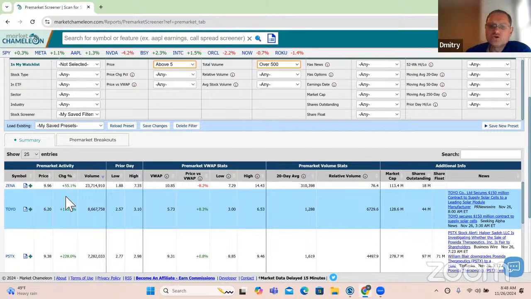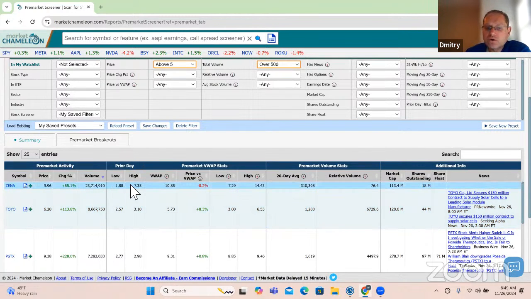Next to it, you have the low and high price the prior day. This gives us an indication of what price range the stock traded the day before relative to where it's trading today. Did it break out of that range? For example, if it traded between $55 and $57 yesterday, so it had a $2 range, and it's trading at $56 in the pre-market,